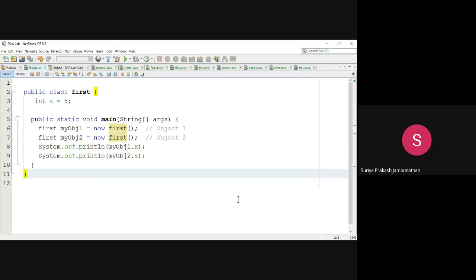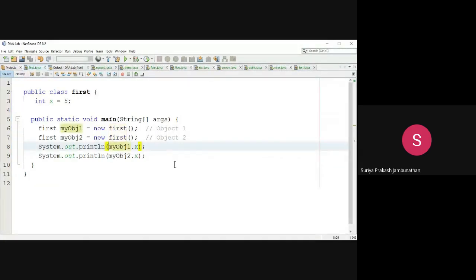If you have the default access specifier, what happens? We can access the class within the package itself. Outside of the package, it's not possible to access the default class. Those are the four different access specifier rules. According to that, we are using the public access specifier here. Inside the public class, we are creating the variable x equal to 5, and after that we are creating the main function. Inside the main function we are creating two objects, obj1 and obj2, and with obj1 we are calling x, and with obj2 we are also calling x. So what happens here, it will print 5 and 5, two times.